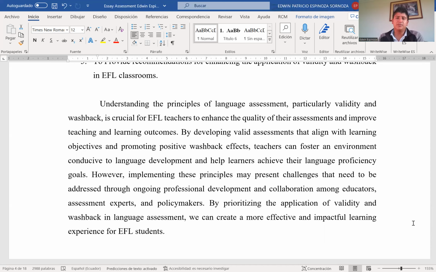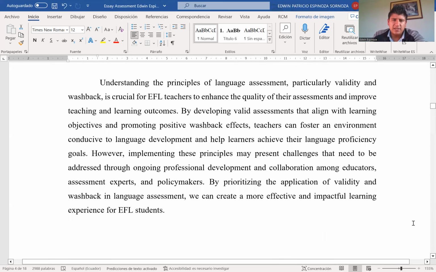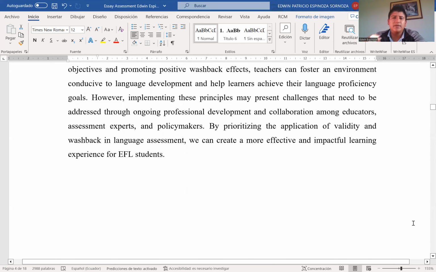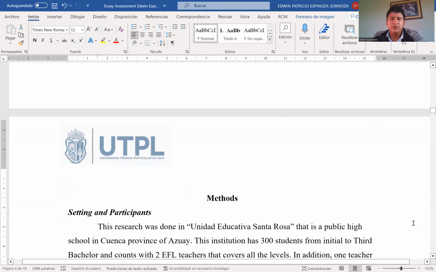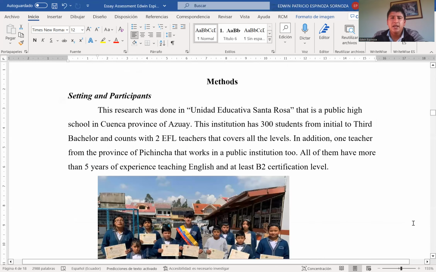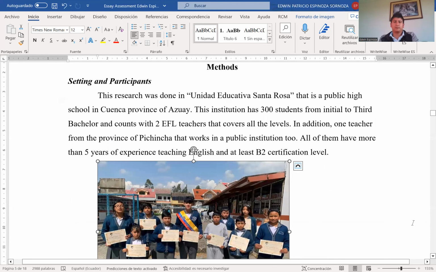However, implementing these principles may present challenges that need to be addressed through ongoing professional development and collaboration among educators, assessment experts, and policy makers, okay? By prioritizing the application of validity and washback in language assessment, we can create more effective and impactful learning experiences for EFL students, okay? About the methods,